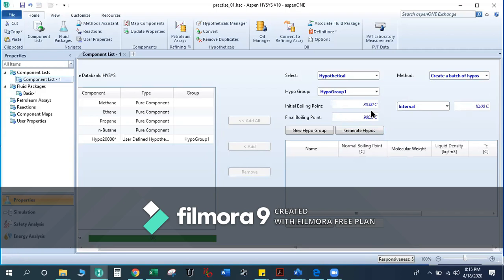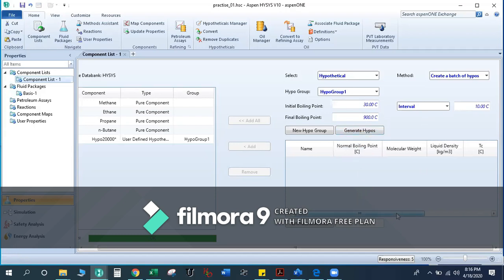Those who have studied the petroleum refining technology course must know about this crude assay analysis or crude assay characterization. So, initial boiling point and final boiling point, based on this you can generate the hypo.